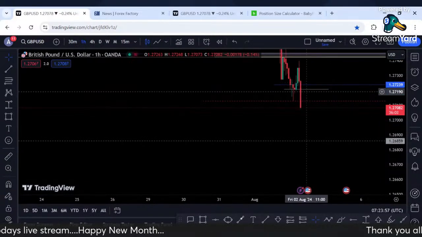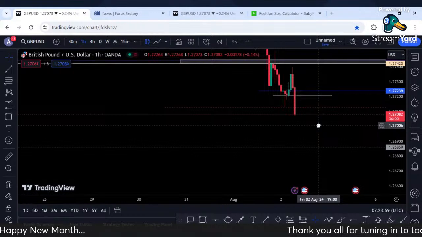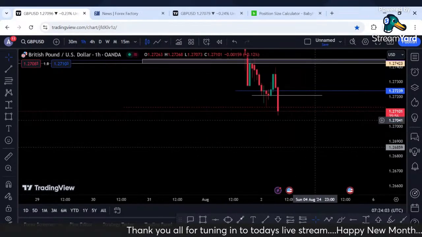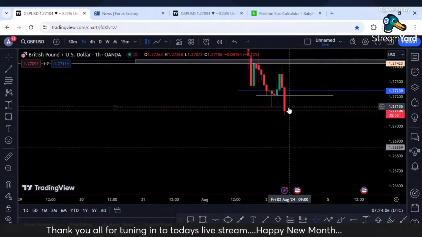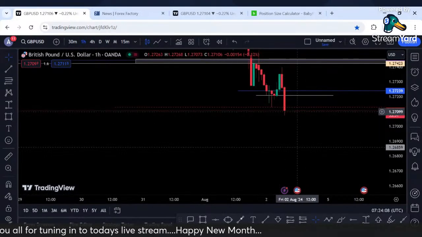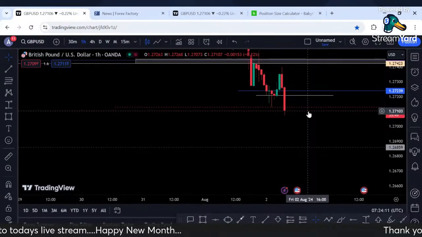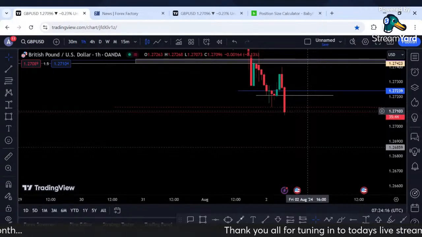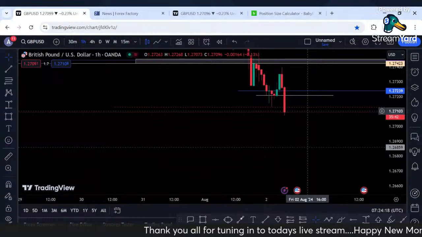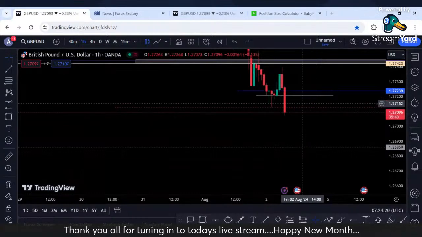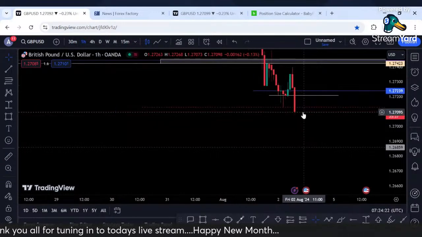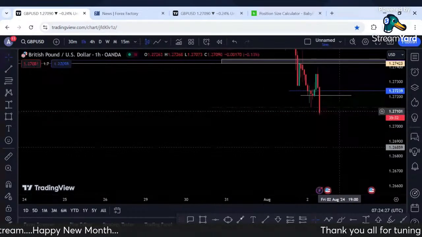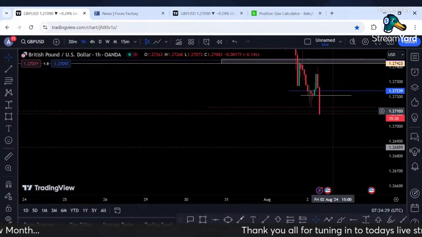If this one broke above this one, I would have taken a sell. But the way it's going, I don't want to sell when price is already low. I have to sell at the highest price, when price has not moved, then I'll ride it down. But now what is price doing? Price is already at the lowest part. So if you sell,